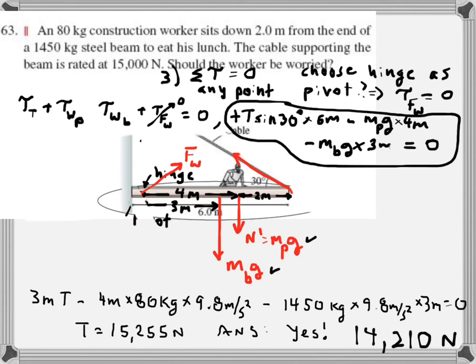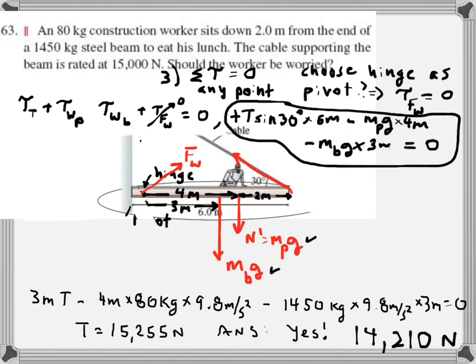The reason why I'm looking at this number is because when an engineer designs a structure such as the one that we have here, and makes the calculation for the different tensions in the different elements of the system, in this case the engineer found that the tension in the cable will be 14,210 newtons. Apparently this would be the same person that would recommend a cable with a maximum tension of 15,000 newtons, which, as you can see, is a pretty dumb idea, because the cable has a maximum tension that is so close to the actual operational tension of the cable that it does not allow for any